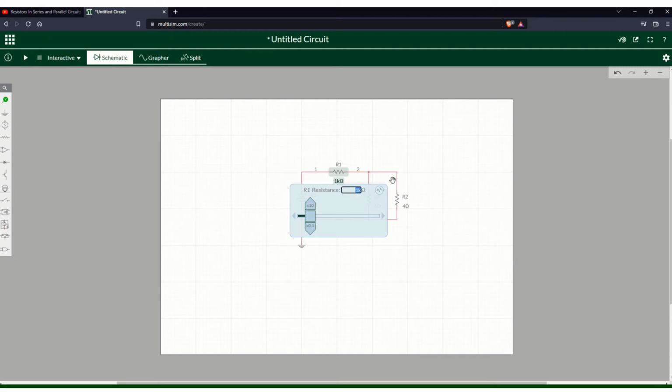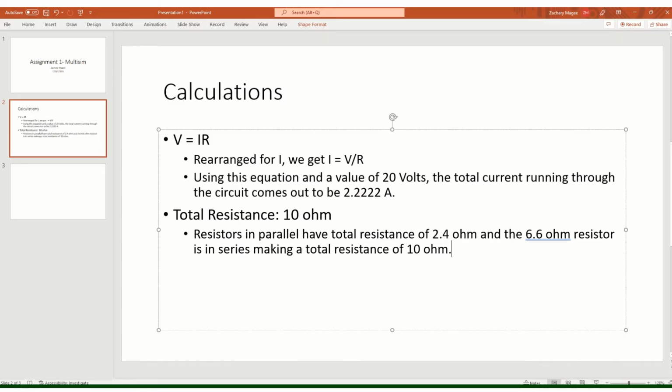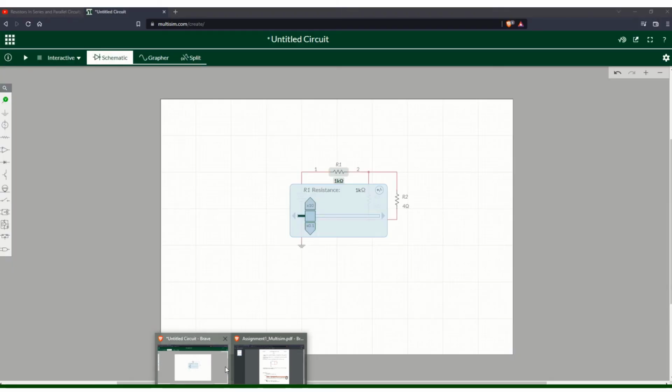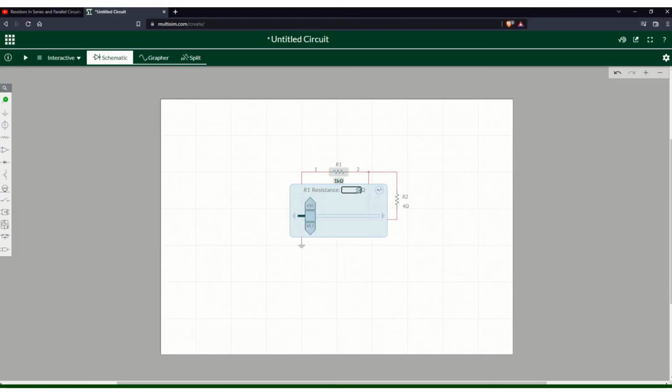So then for this one, to make it have a total equivalent resistance of 10 ohms, which I think is what I was going for. That's what worked out the first time I did it. So if I make this have a resistance of 6.6 ohms with a voltage source of 20,